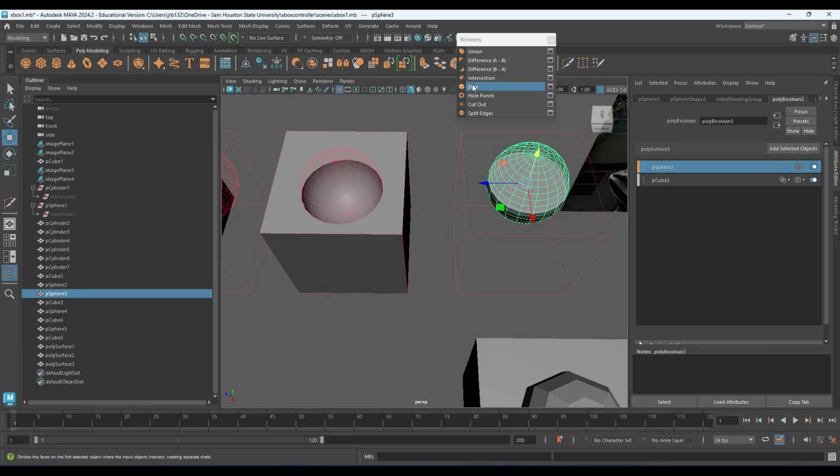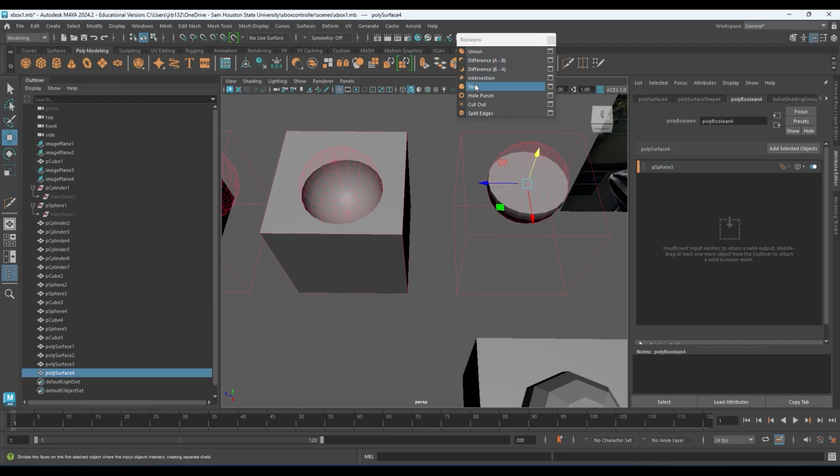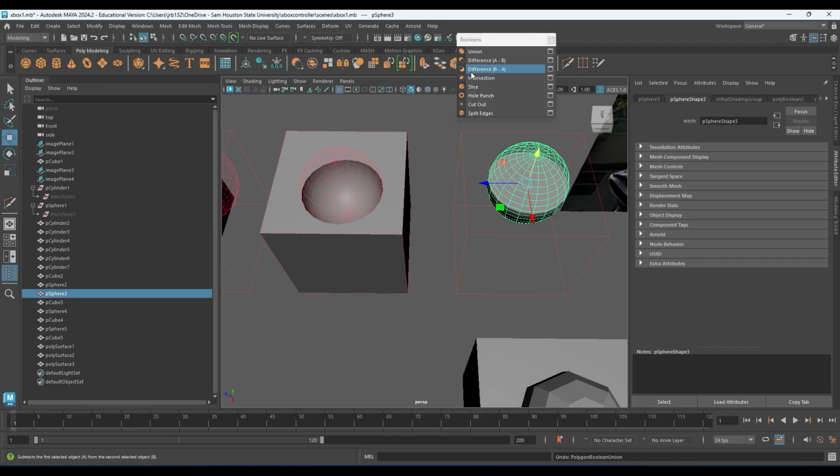They've also added slice, hole punch, cutout, and split edges. I don't really use these. I mean, you can, but the ones I use the most are union, difference, and intersection. That's been my go-to for forever. Okay. Now,